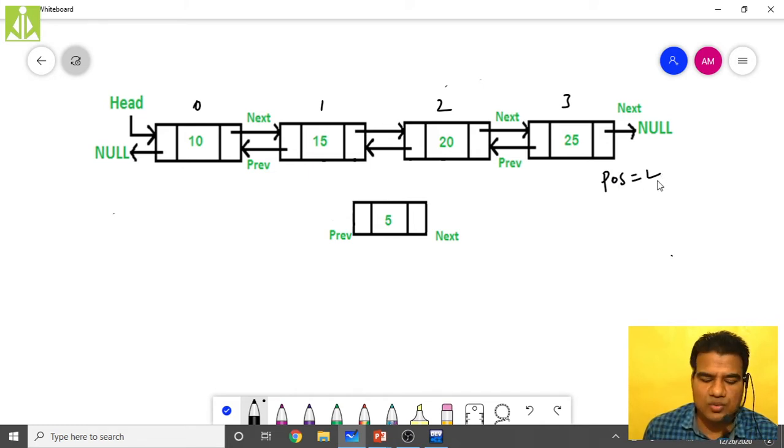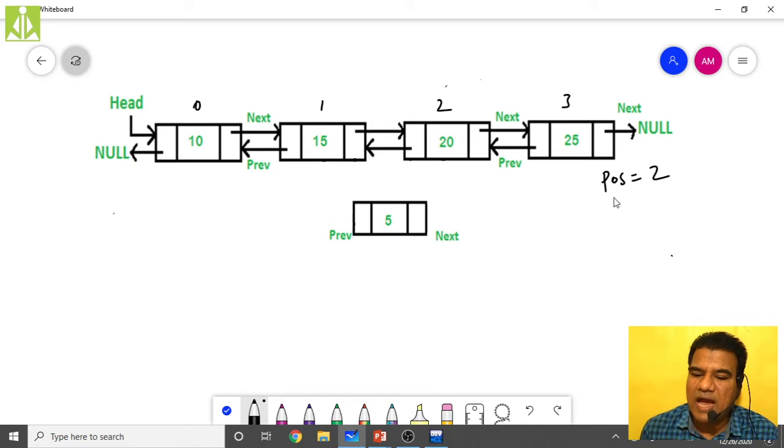So what does position 2 indicate? Whatever insertion we are doing, we have to do it adjacent to this third node. That adjacent insertion is either before the node or after the node, and that depends on the type of function you are using.